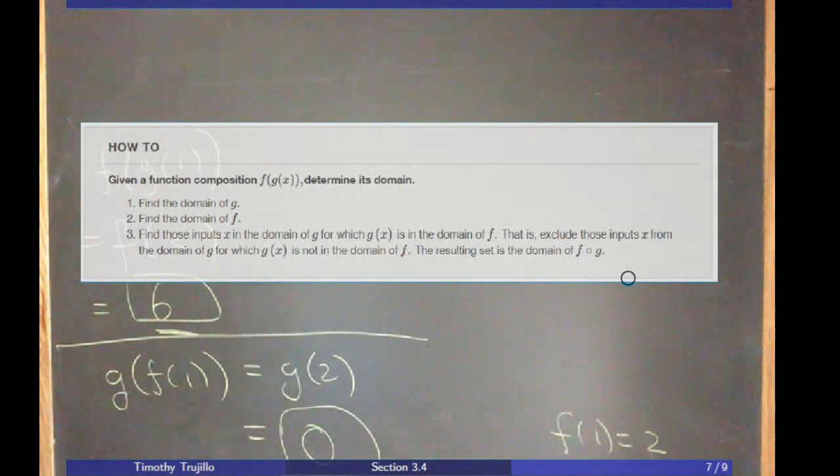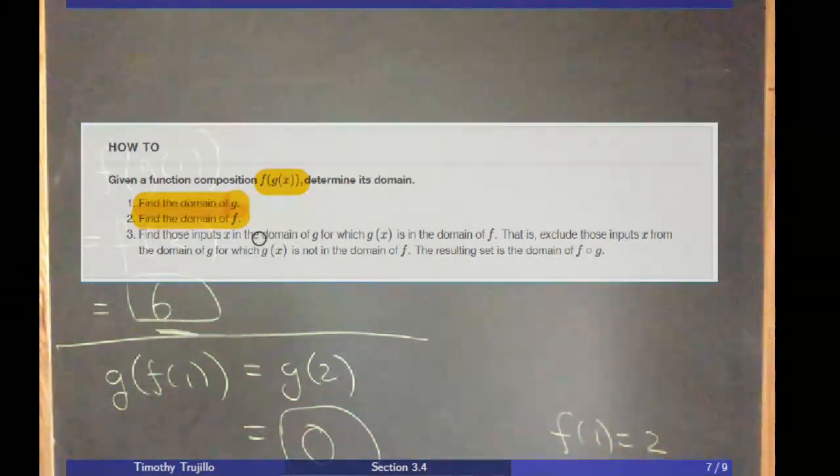Oh, and I guess I should say a quick word about domain before we get too far. So how do we find the domain of a composition? Well, it's much harder than if we're looking at the sum or the subtraction, because we first have to find the domain of g, and we have to find the domain of f. Okay? And that's what we did before, and we just tried to combine those, but now we have to think about what's going on, right? So we need to find the inputs x